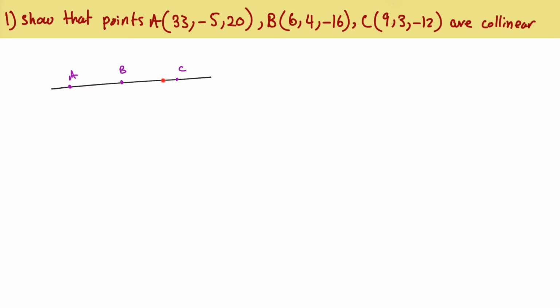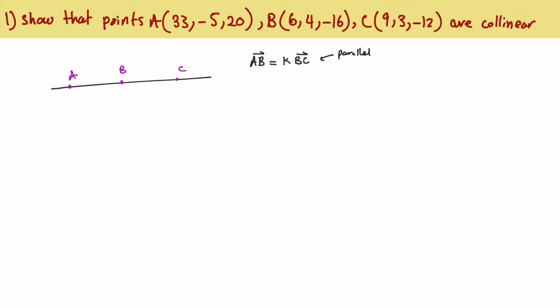So if they're going in the same or opposite direction, they are parallel. And for that to happen, vector AB needs to be a scalar multiplication of vector BC. And this is to prove that they're parallel. Well, the other factor that's really important for things to be in the same line is that they need to share one of the points, because if they're parallel, that means AB could be here and BC could be here. But since it's AB and BC and they both share the same point,